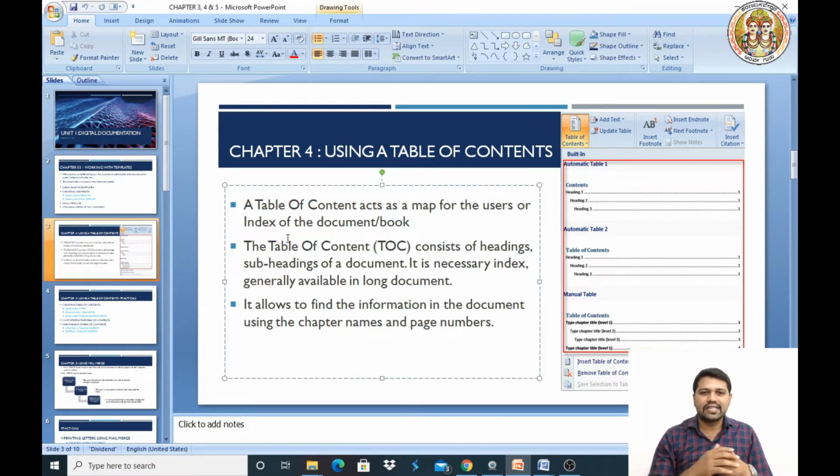A table of contents acts as a map for the users, or an index of the document or a textbook. It consists of the headings and subheadings of a document, and it is generally available in a long document. It allows you to find information in the document using the chapter names and page numbers. Let us understand these things practically.